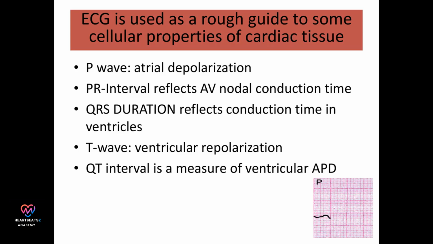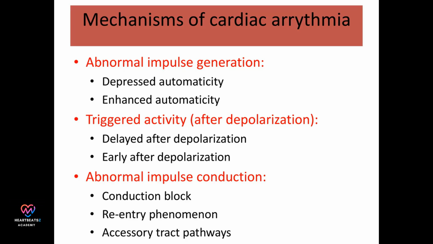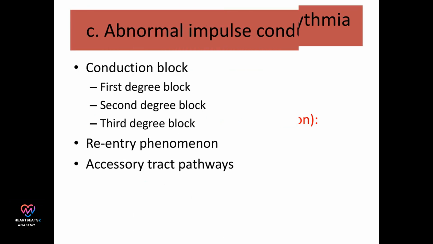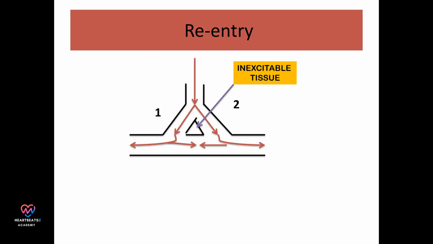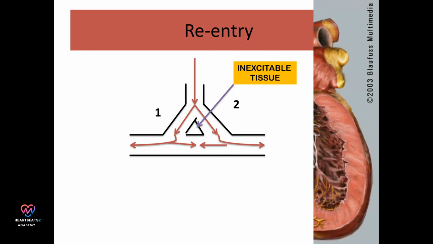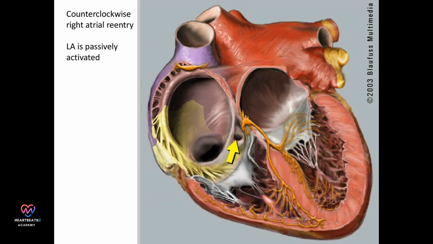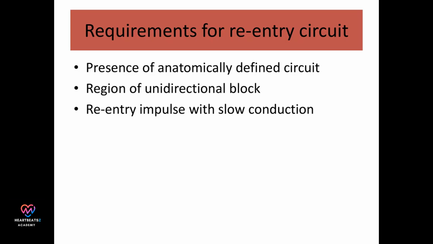ECG is a vital tool for understanding cardiac tissue properties and mechanisms of cardiac arrhythmia, as shown in this slide. This slide discusses abnormal impulse conduction, including conduction blocks and re-entry phenomena, critical for arrhythmia management. Here, we see a detailed diagram of the heart showing counterclockwise right atrial reentry and passive activation of the left